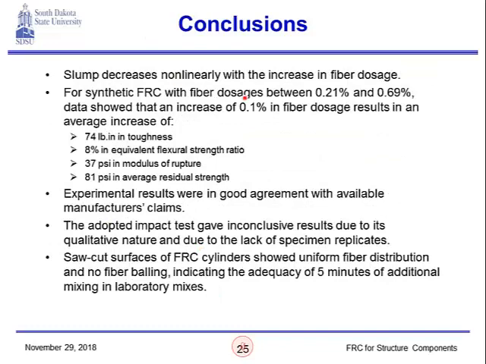Slump decreases non-linearly with increase in fiber dosage, as we showed, which is something that we should keep in mind whenever we design FRC. For synthetic FRC with fiber dosages between 0.21% and 0.69%, basically the ones that we tested, data showed that an increase of 0.1% in fiber dosage results in an average increase of 74 pound-inch in toughness, 8% in equivalent flexural strength ratio, 37 psi in modulus of rupture, and 81 psi in average residual strength. Again, these values are for our specific mix. They might not be the same if we have mixes that have different